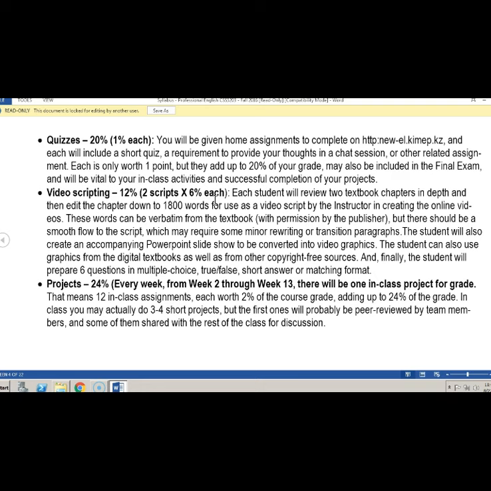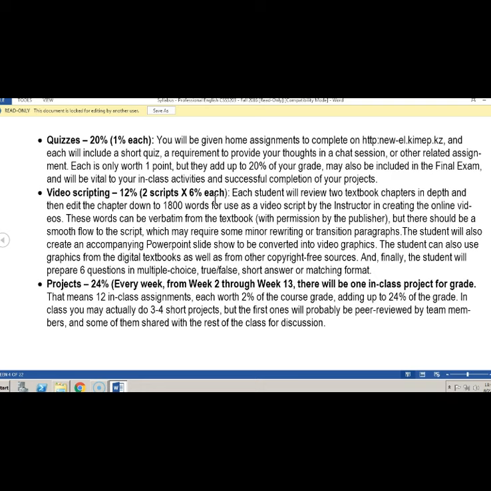I'm thinking what's practical. Maybe by the end of week 4. Of course, this is week 1, so that'd be 3 weeks from now. And so it is important that you choose a chapter, at least your first chapter you want to work on, and get going on it. That's one of those assignments that you will probably have to do some out of class. But I will also give you some time in class to work on it, so that if you have questions as you're doing it, I'll be here to help you with those transitions and so forth. But you'll probably at least have to read the chapter outside of class before you can, here in class, start maybe knocking it down and preparing your script.